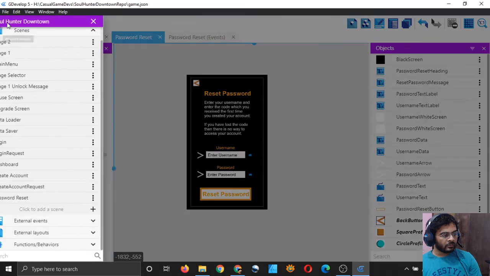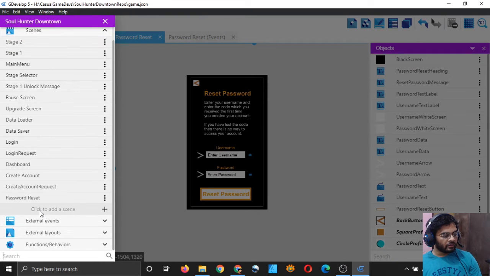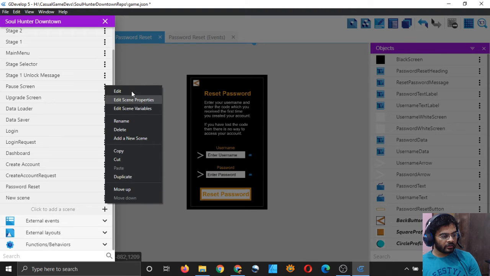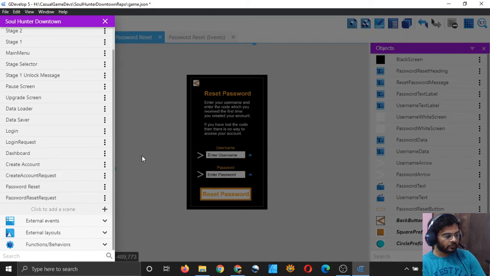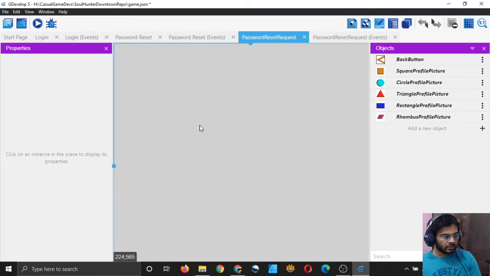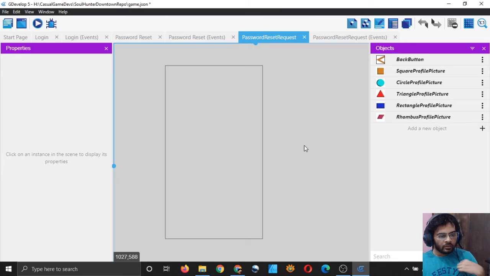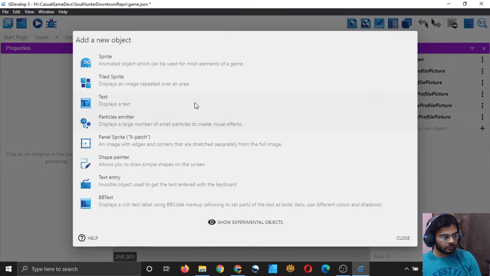So I will click on my project manager and click to add a new scene, and I have added a new scene. I will change its name to password reset request. There it is. I will click it, and I need a black screen here. I will make one then.